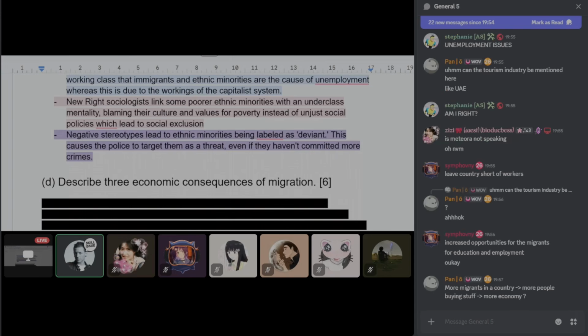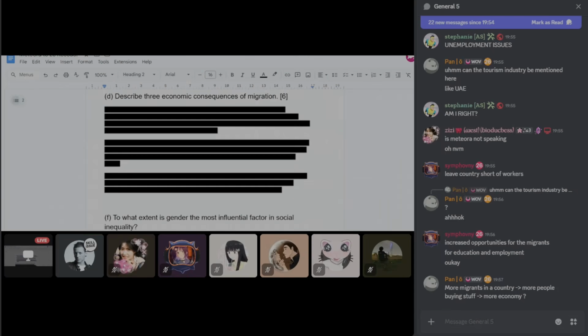More migrants in a country, more people buying stuff, more economic activity. Yes, that is a really good point. Obviously better economy in the home country. Let me reveal the answers I have written